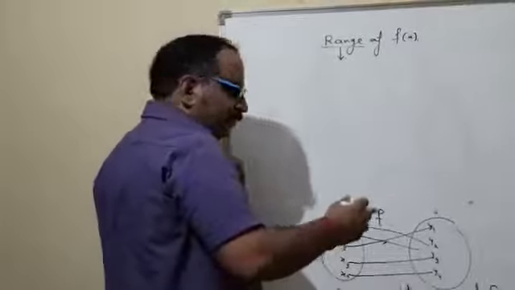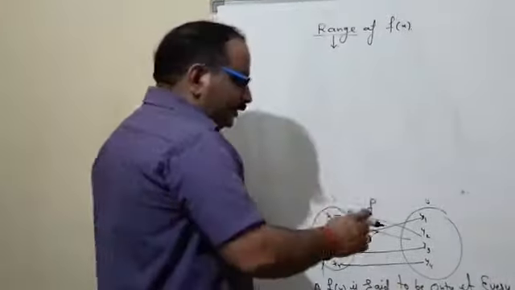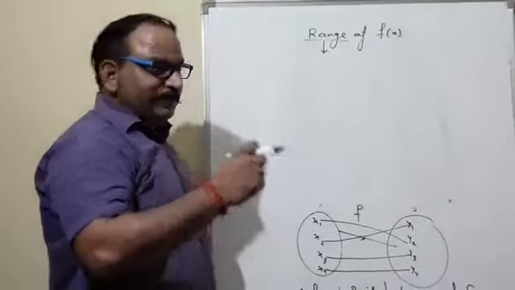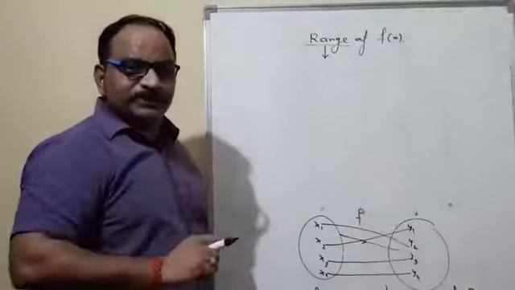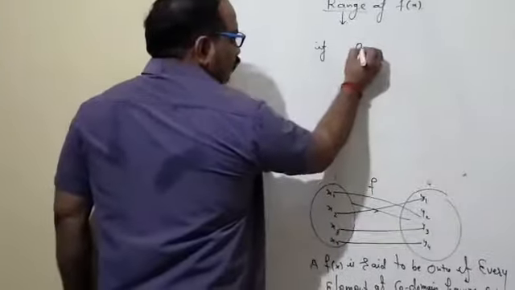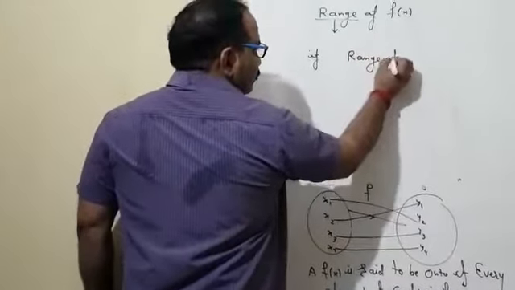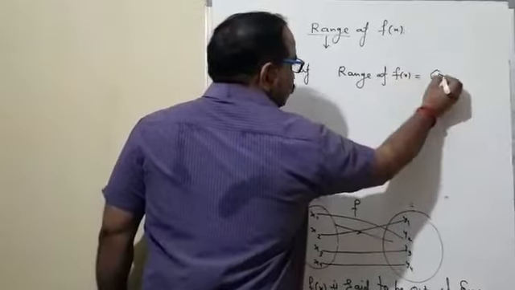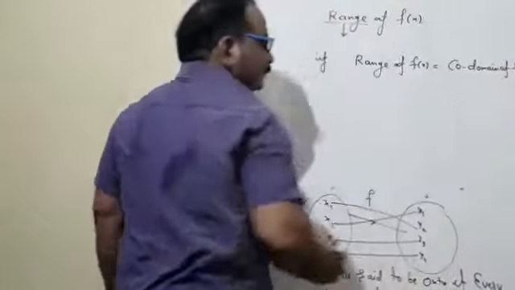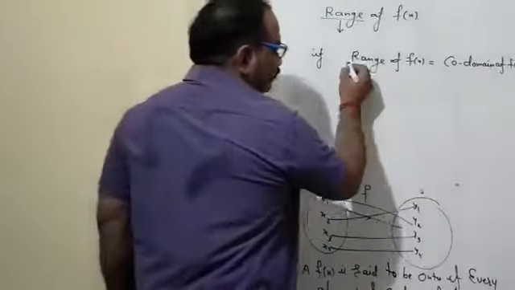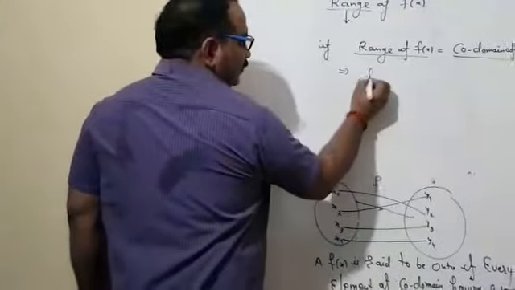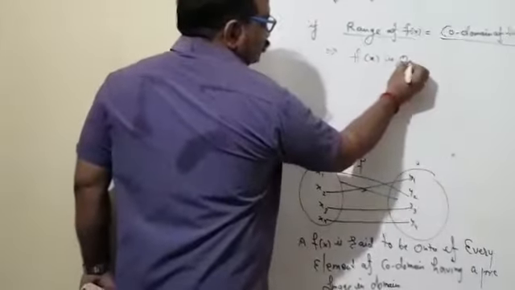But still I am just repeating: range is the set of all elements of the codomain which are related with the elements of the domain. In case of proving an onto mapping, we have to find out the range of each and every function. After that, what will we do after getting the range? If the range of the function f(x) is equal to the codomain of the function f(x), if it happens,